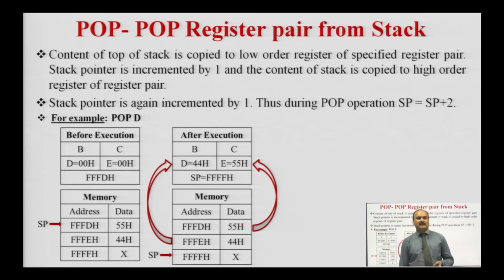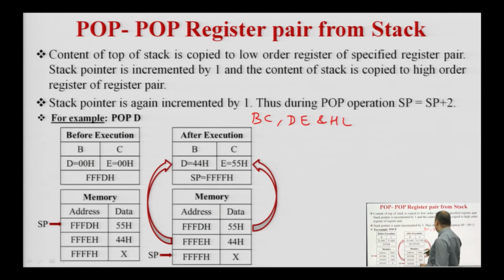Whenever the microprocessor executes the pop instruction, it will copy the content of the memory location, that is, the stack memory location or reserved portion of memory, into the specified register. The register pairs which can be specified are the BC register pair, DE register pair and HL register pair. Along with these, we can also use the register PSW. PSW is nothing but the combination of the accumulator and the flag register. So, we can use PSW along with the push and pop instructions.